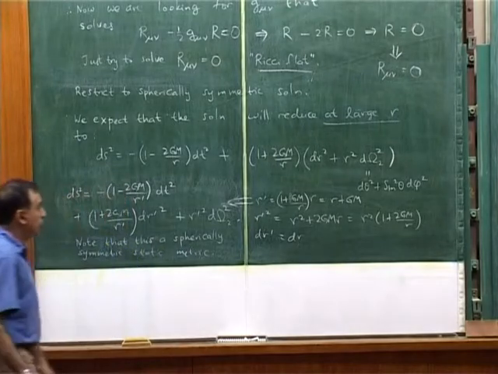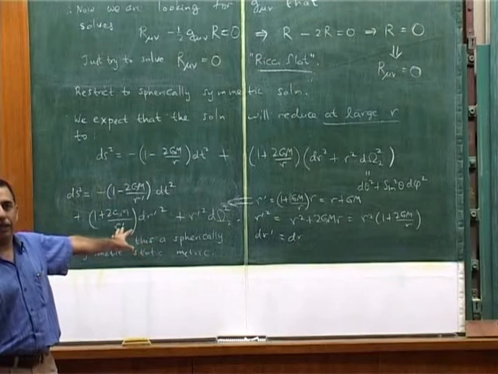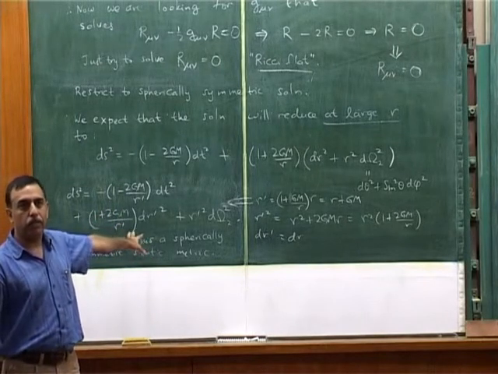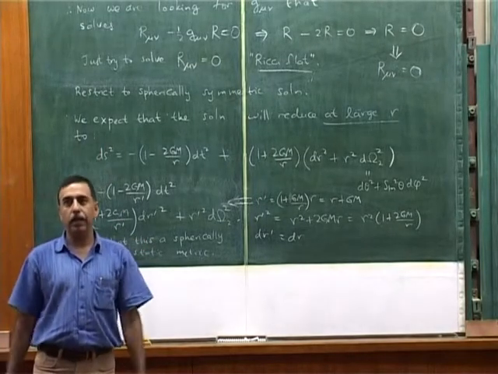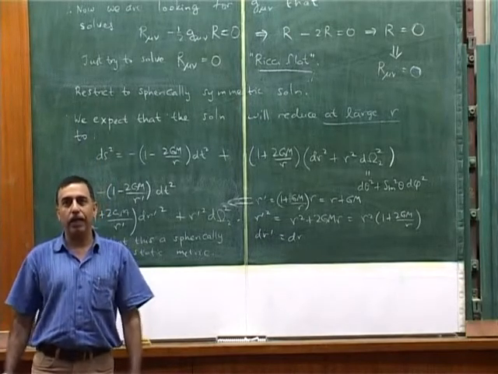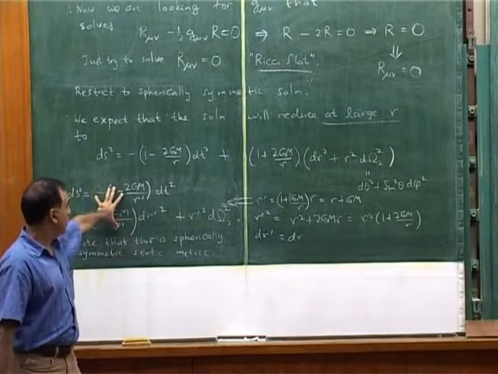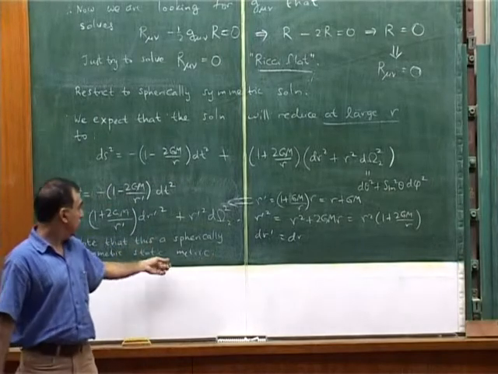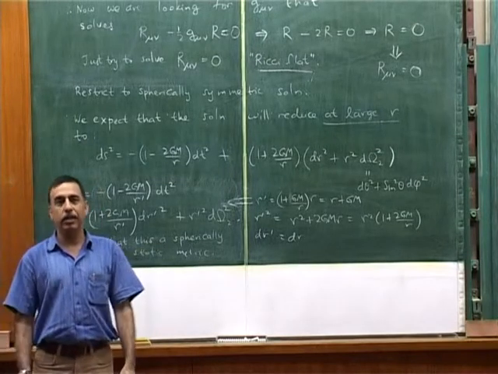Also note that up to this point I haven't tried to solve Einstein equations. I am simply using the Newtonian gravity correspondence to tell you what we should expect to find. But we shouldn't be too biased by it. We'll try to find a solution directly using only purely logical, straightforward methods. And only at the end we'll be happy to find that that solution has all the right properties. It matches on to this for large r, and in fact it is spherically symmetric. It is in fact static. The only prejudice we are going to put in is that from the start we'll assume it's spherically symmetric, nothing more than that.